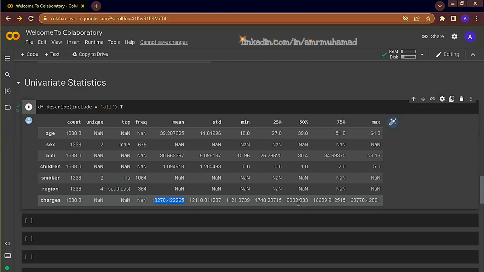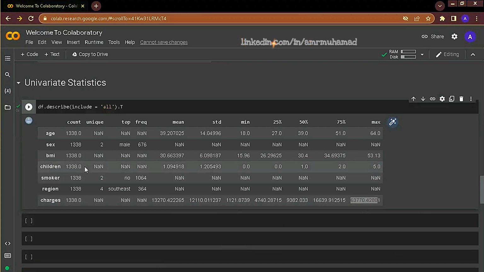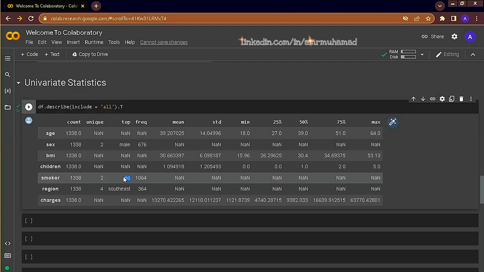We can also note that there are some outliers, because the 75th percentile lies below 16K, and the maximum amount of charges in this dataset is 63K. So there are some values that will be considered outliers, and this justifies why we have a positive skew. One last thing is that most customers are non-smokers.